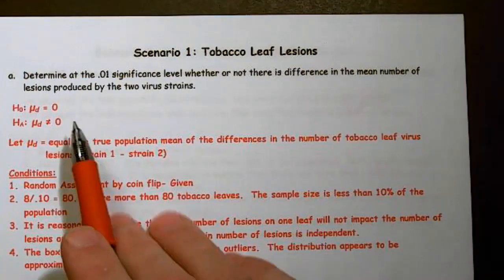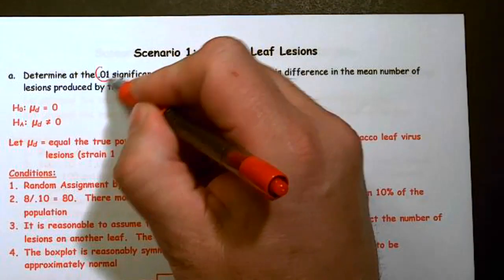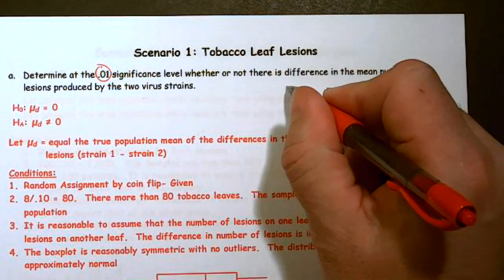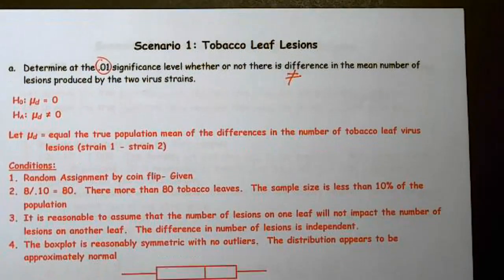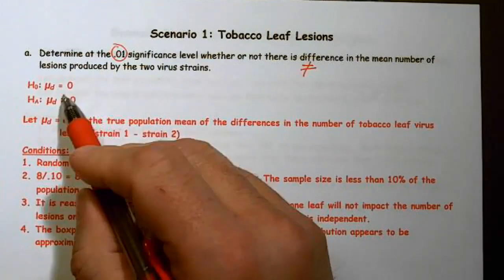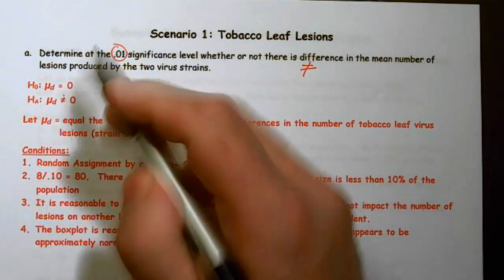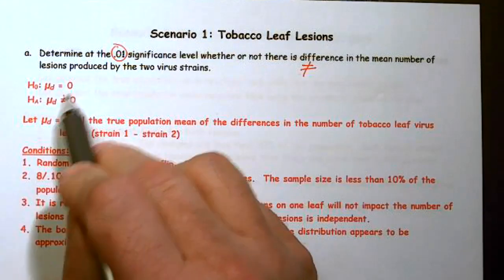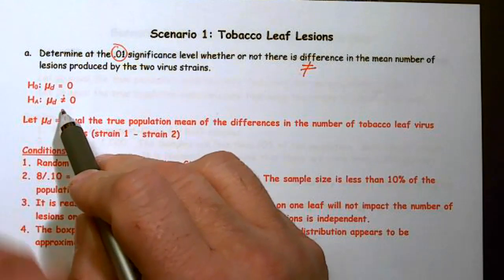So the first thing, determine at the 1% significance level, and I know this is a change from usual, whether or not there is a difference, and this tells me it's going to be a not equal, in the mean number of lesions produced by the 2 virus strains. Well, our null hypothesis is that there is no difference. And it's really important that we notice that it's mu d equals 0. The alternative is mu d not equal to 0, something other than 0,